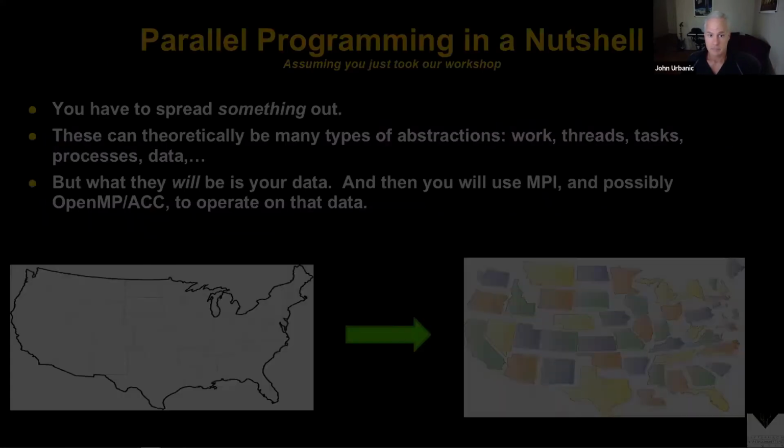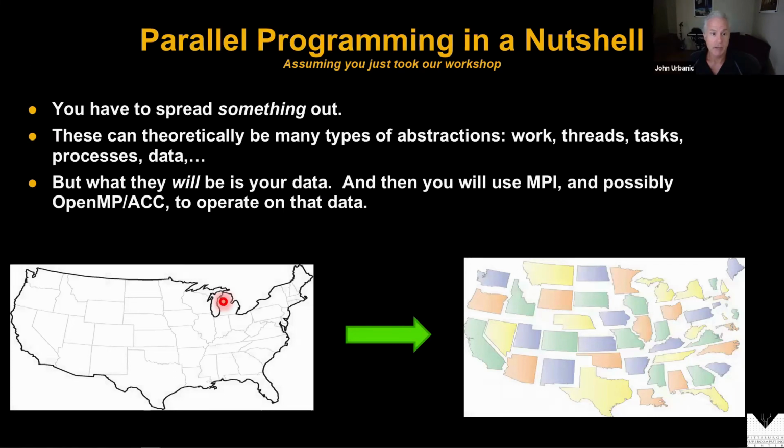Okay, so parallel programming in a nutshell is we've got to break our problem up into a bunch of pieces. All the different approaches we've talked about so far have one thing in common: we've got to break something into pieces. Now with MPI, we break our data structure up into a bunch of pieces, and we work on our data as individual pieces and shuttle information back and forth. With some of the simpler things to use, like OpenMP and OpenACC, we break our loops up. If you think back about what we actually did, we put those directives in front of loops, and the compiler automatically broke our loops up. So in threaded programming, we break up the work. In MPI programming, we break up the data, and they're very different.